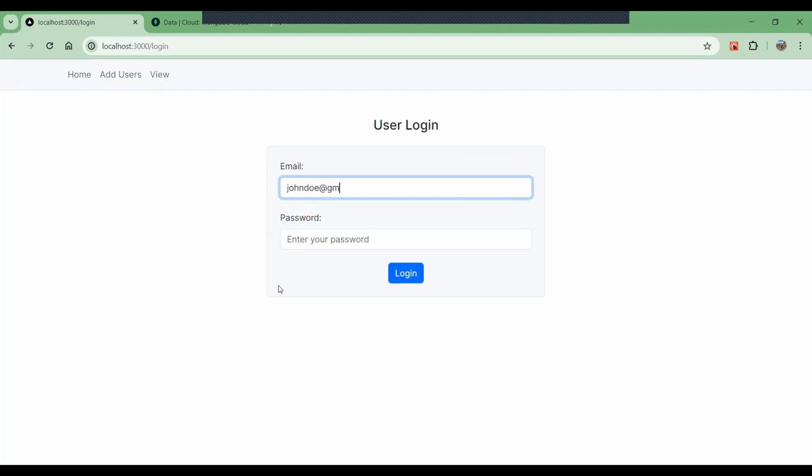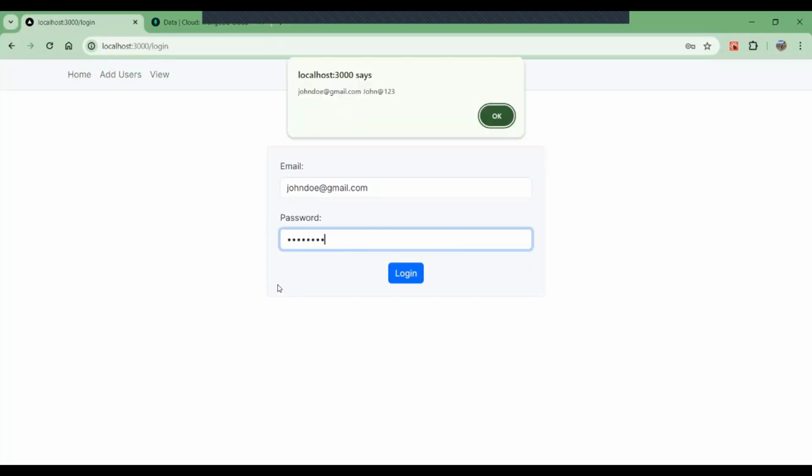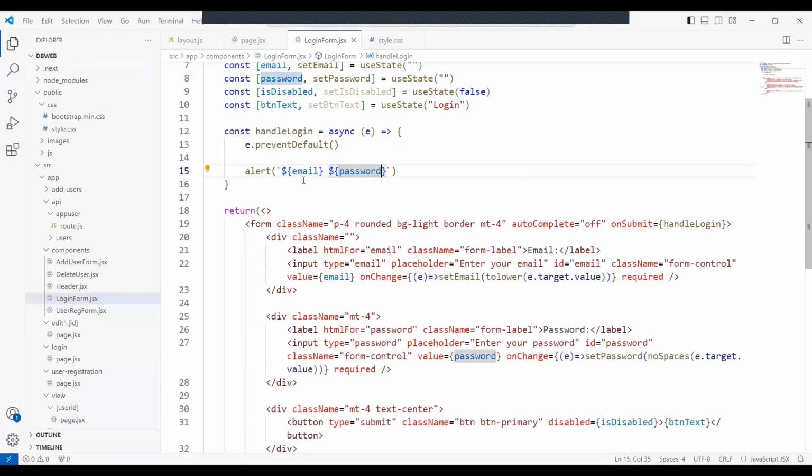John Doe at gmail.com, John at 123. So yes, we are able to capture the data here. Now we'll create the handle login,